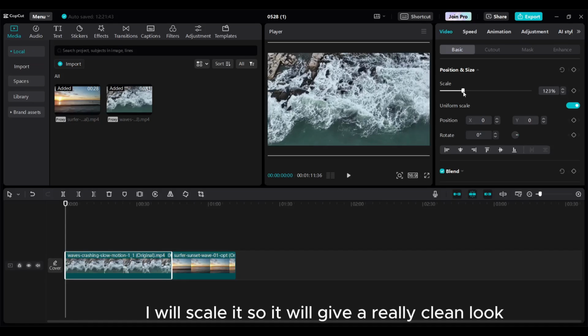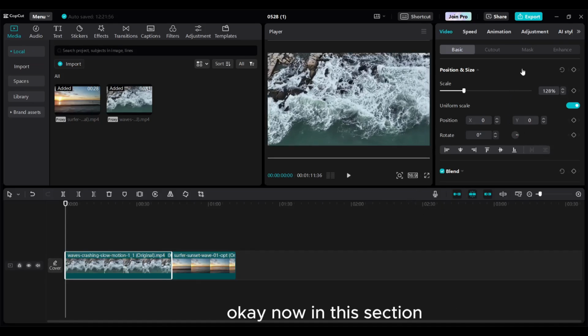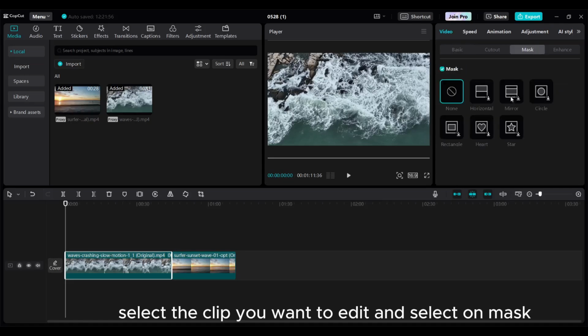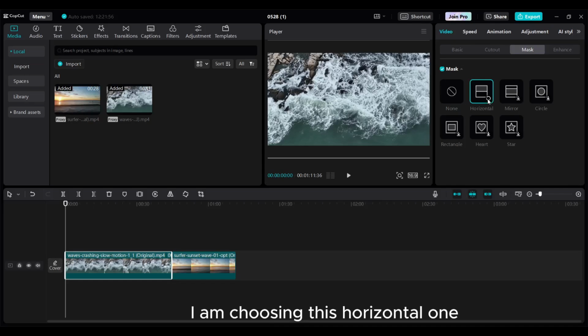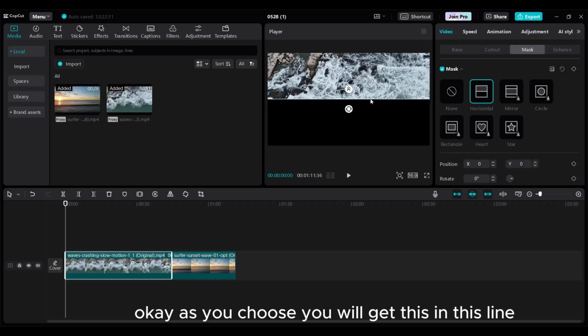Firstly, I will scale it so it will give a really clean look. Now in this section, select the clip you want to edit and select on mask. Now you will get many options for masking. I am choosing this horizontal one. As you choose, you will get this